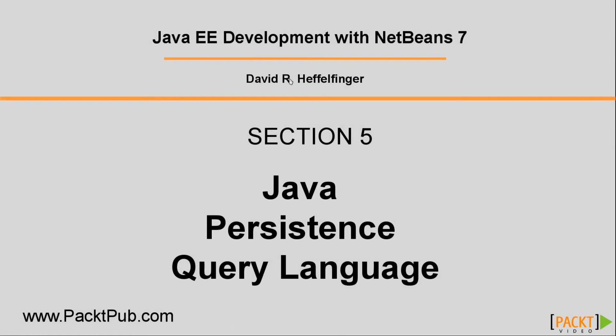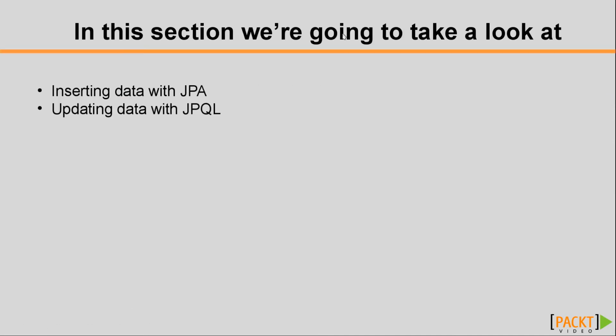Welcome back. Last time we saw how to select data with the Java Persistence Query Language. In this section, we're going to see how to insert data with JPA. And I'm talking JPA in general because JPQL does not have an insert statement. We need to use the JPA Java API to insert data into the database. However, if we need to do bulk updates, we can do that with JPQL, so we'll see an example in